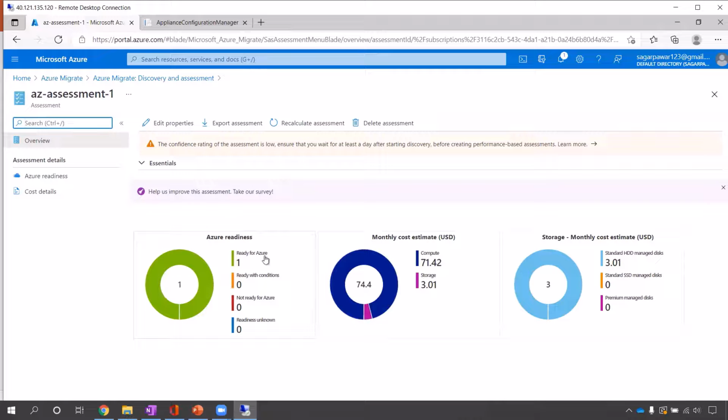This VM is ready for migration. Storage, if I'm using one storage account, costs around $3 per month. So you have to pay almost $74.42.